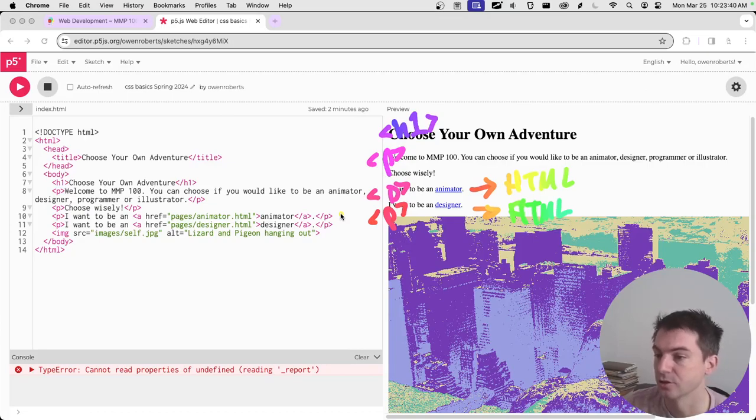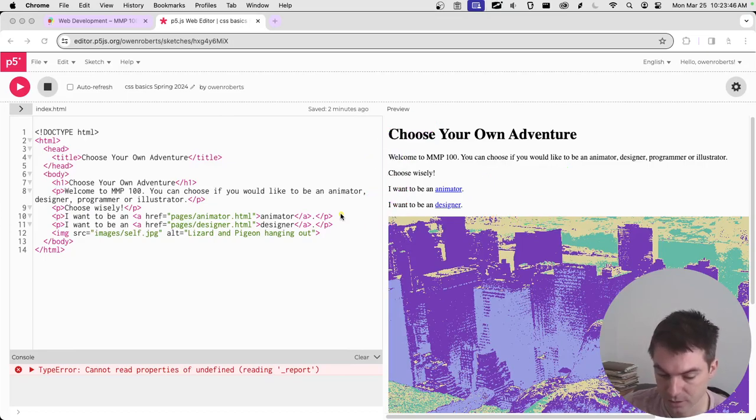So there's a few ways that CSS does that. We'll look at a couple of those today. Let's just get started with our CSS. So in our HTML, in order to connect our CSS, we are going to have to add an extra tag